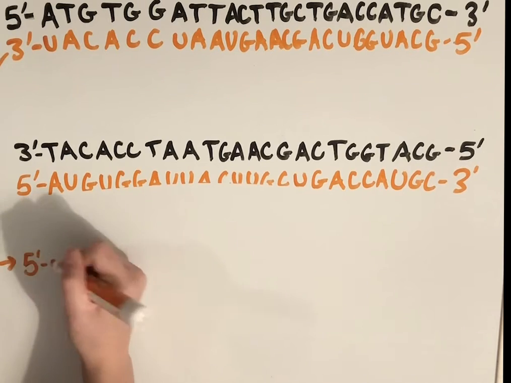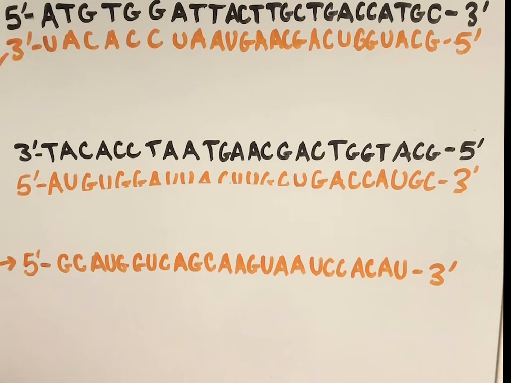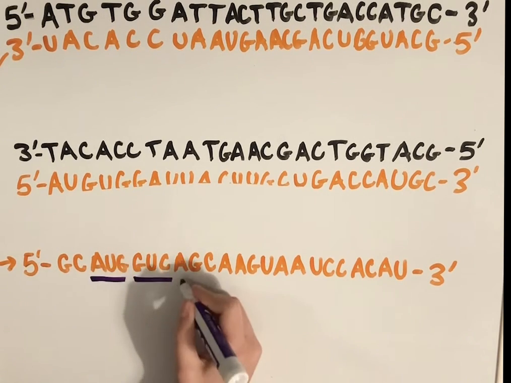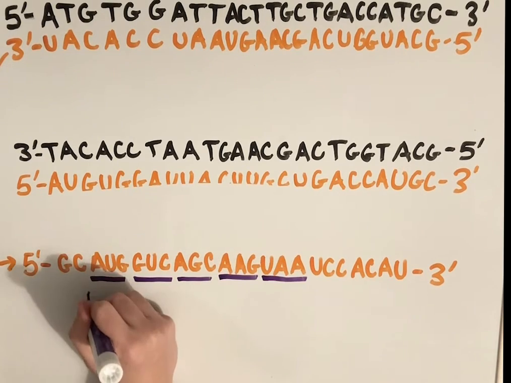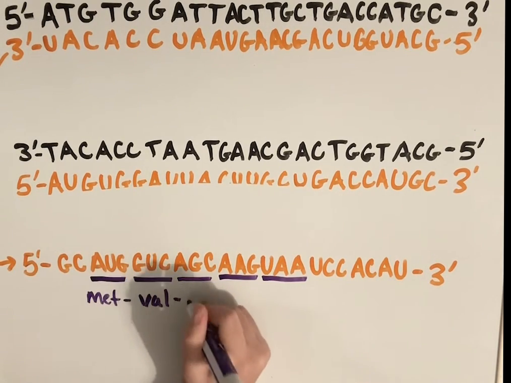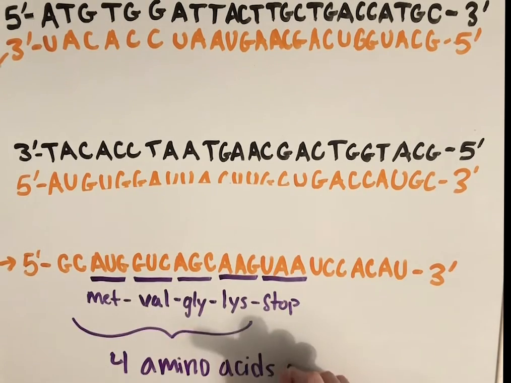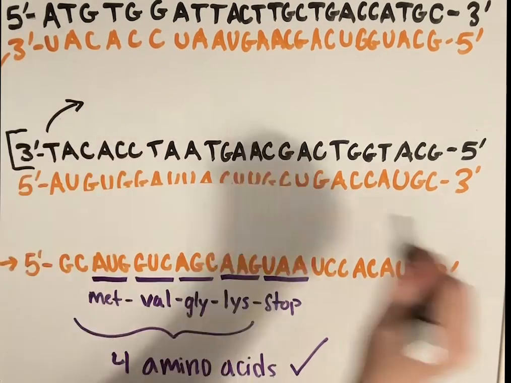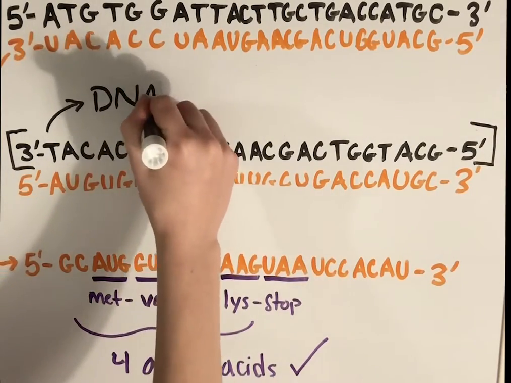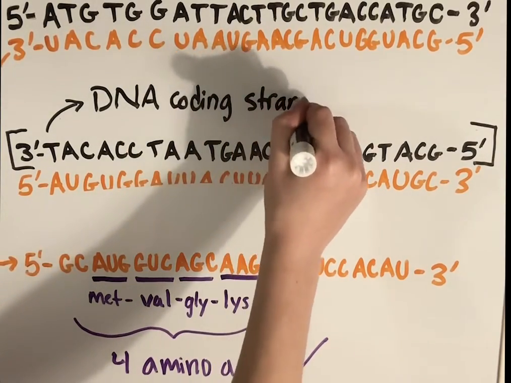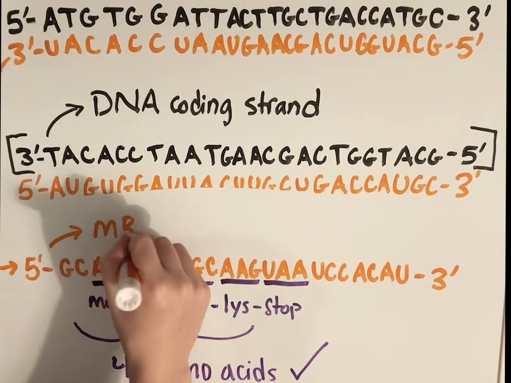We have to rewrite the mRNA strand from the 5' to 3' DNA strand, so we can look for codons for amino acids in the 5' to 3' direction. Once written, we find the start codon a few base pairs down. Since this sequence is 4 amino acids long, it's the one we are looking for. The bottom strand is our coding strand since it will exactly match the mRNA strand, except for the exchange of